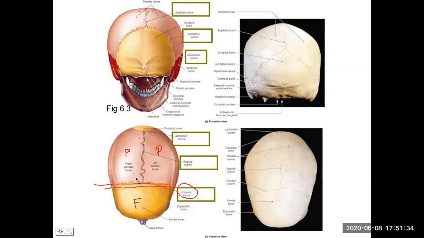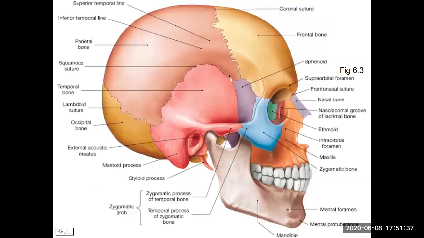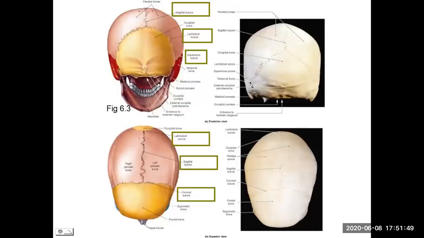The squamosal suture is on the lateral side of the cranium. So we're seeing this here between temporal and parietal bones is that squamosal suture. Lambdoidal suture on the posterior aspect. And we're seeing that lambdoidal suture between occipital and parietal bones,